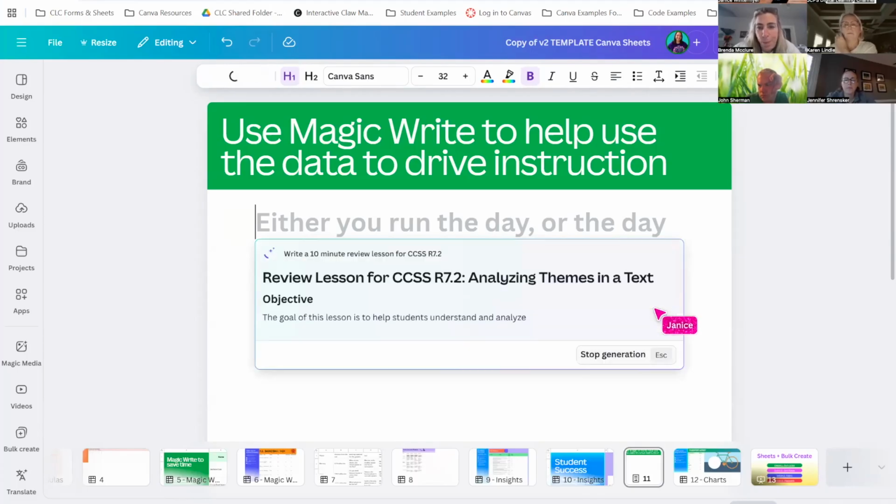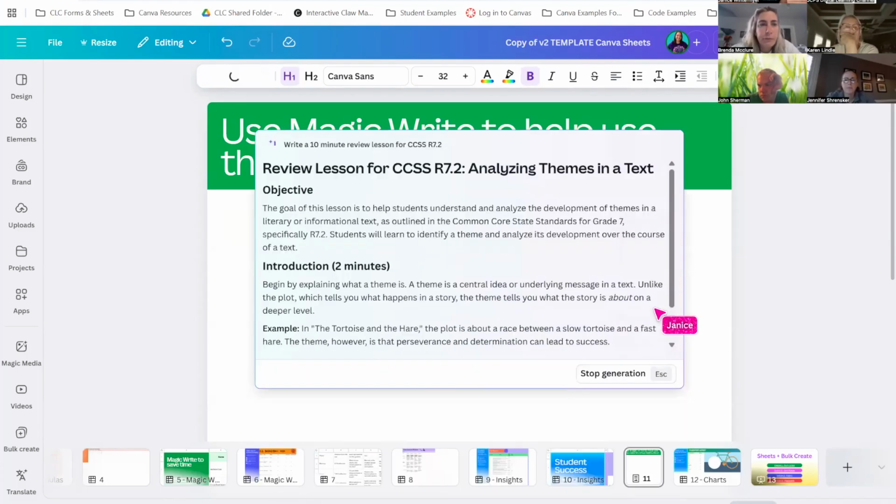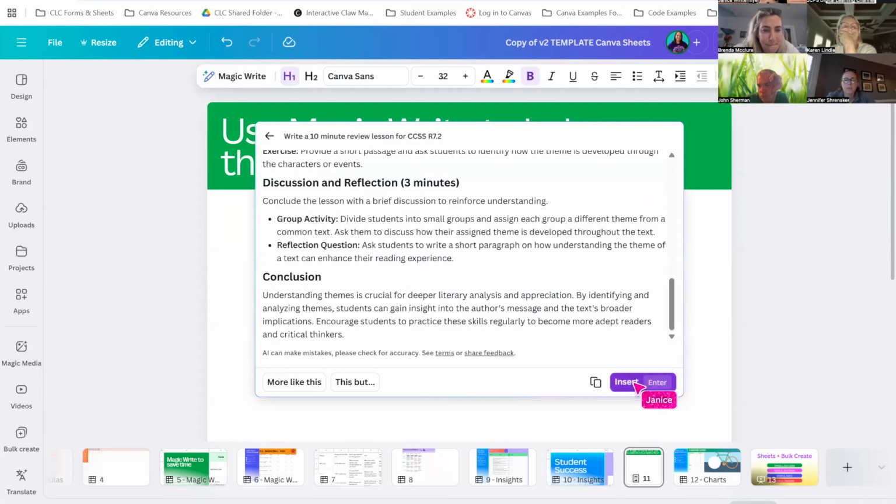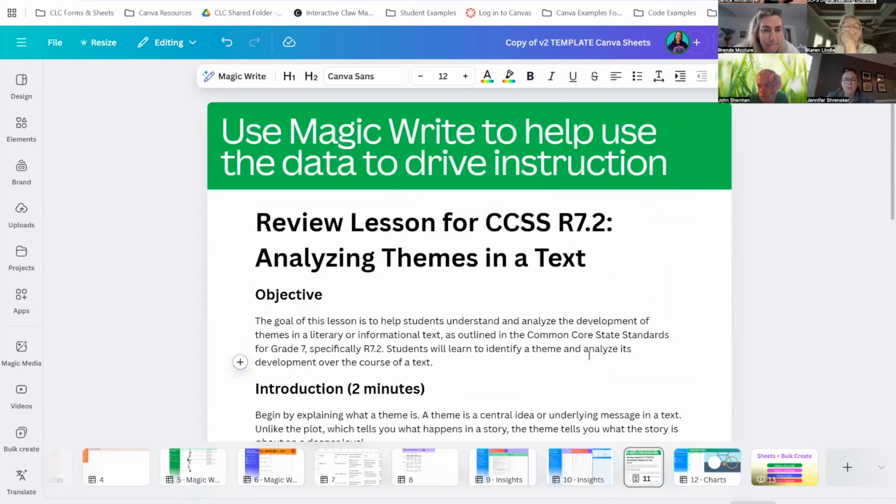So if I know that I gave a test, I grab all that data, I drop it in. What standard did they miss the most? Clearly it was 7.2. Now I can use Magic Write. Hey, tomorrow I need a review lesson. Here's my review lesson. So I can not only analyze data faster, but I can have Magic Write help me use that data for data-driven instruction